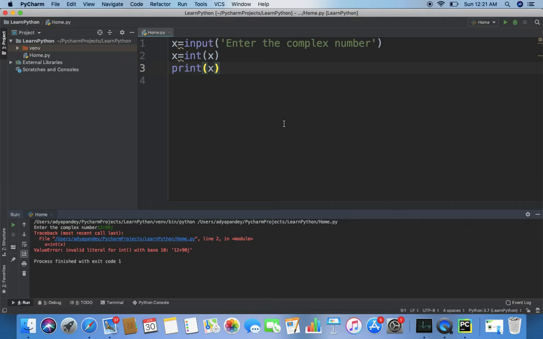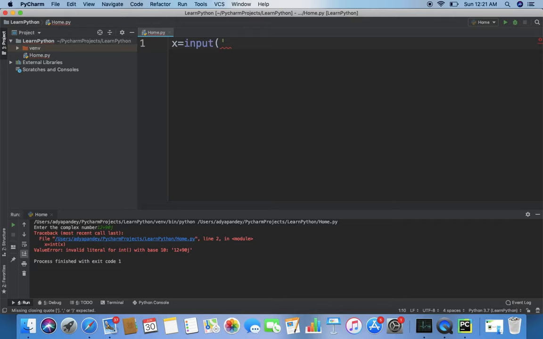So typecasting is important, but not every typecasting makes sense, because you cannot typecast 12.56 to a string, because it doesn't make any sense. In the same way, you cannot typecast a complex number to an integer, because that also does not make any sense. Now the next one is, I just try to find out the situation when the user